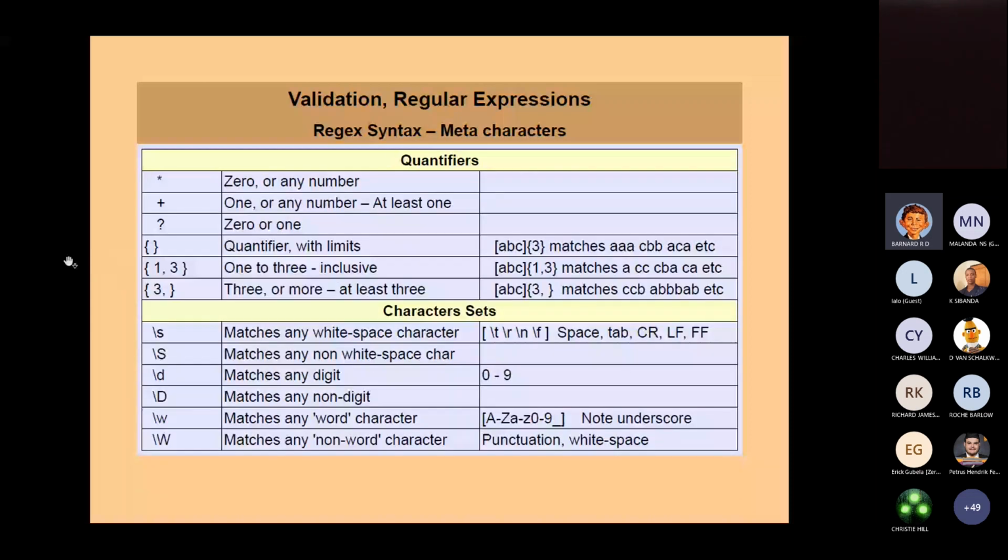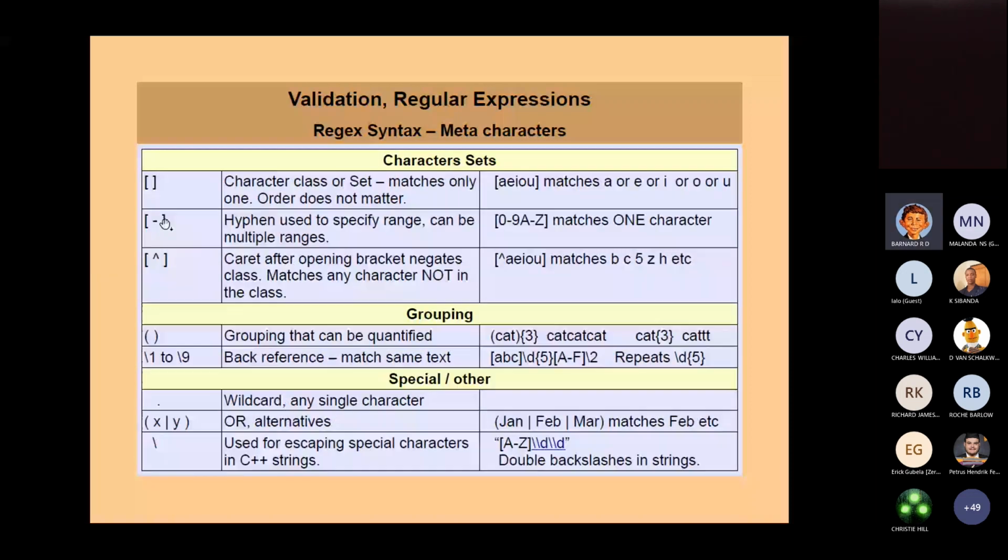Okay, then carrying on with the meta characters, character sets in particular. The square bracket is a character class or set, and it matches only one of what is within those square brackets. The order does not matter. So as I said previously, if you put,